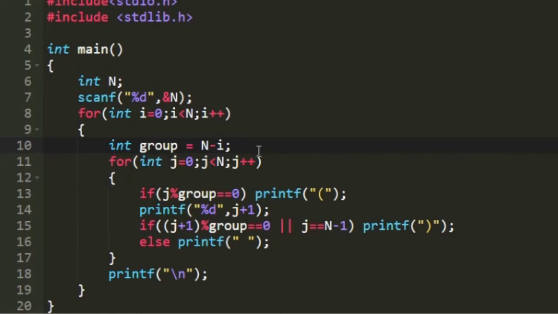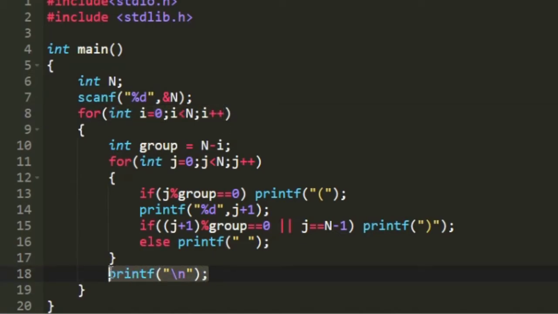So in the first line we must group the integers 5 by 5, and in the next line we must group the integers 4 by 4. So like this we must reduce it one by one. So the value of n will be 5 and the initial value of i will be equal to 0. So 5 minus 0 will be equal to 5. So in the first iteration of this i loop, the number of groups that we want to group is 5, and here the value will also be equal to 5. And in the next iteration the i value increments by 1, so the group value also decreases by 1. And in every iteration of this i loop we are also printing a new line.